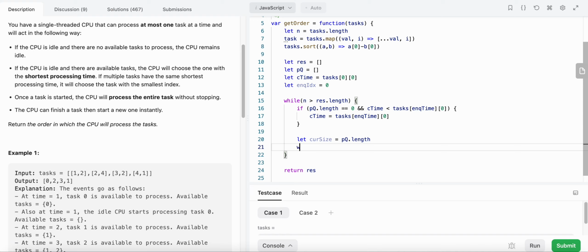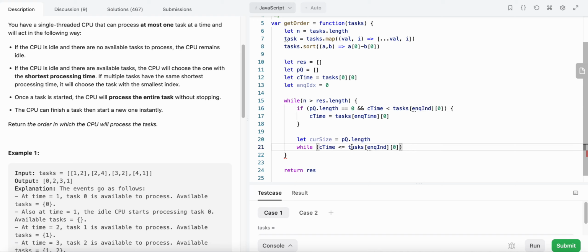So now, while current time is less than or equal to the in-queue time of the task at in-queue index,